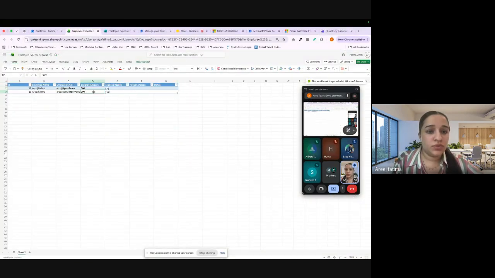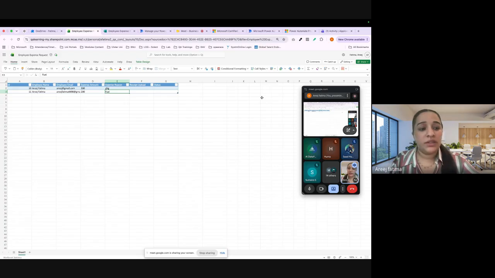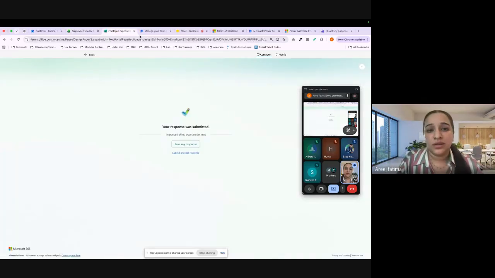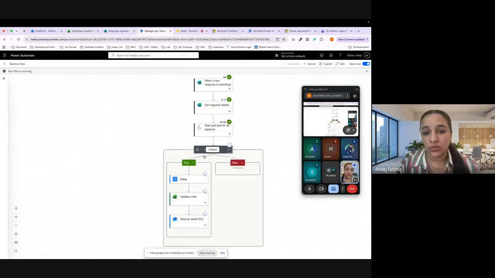So this is the fuel. And on the other hand side, we can get the email. So it sometimes took like 1 or 2 minutes just to run the complete flow. So now we are inside the condition. They simply check if it is approved or not. Currently it's delayed for now. Then they are going to update a row. If you want, you can remove this delay.